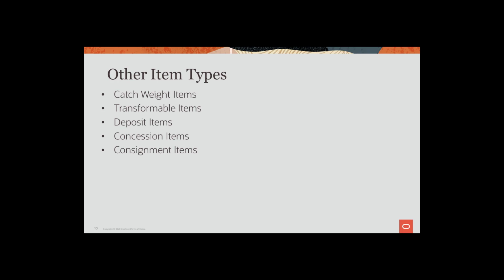A concession item is similar to a consignment item in that the retailer does not own the inventory being sold. However, for concession, the ownership is not transferred when the items are sold. A retailer rents floor space to a supplier on which the supplier sells their goods. A record of concession sales is recorded and the retailer then bills the supplier using their chosen method.